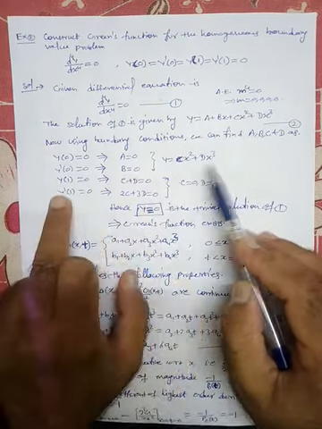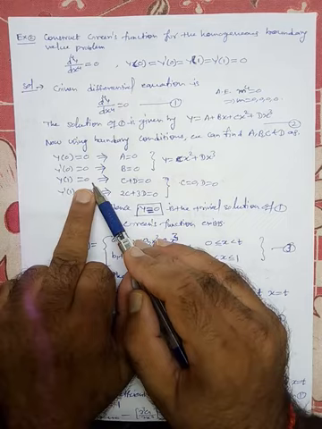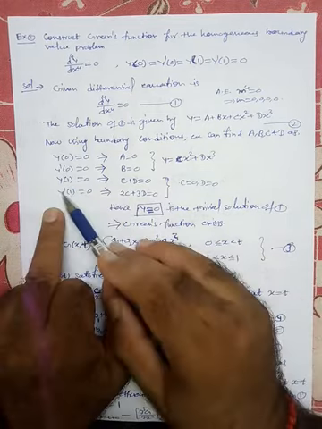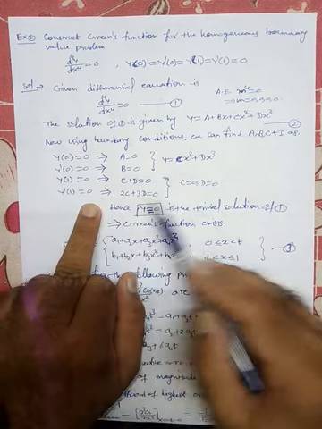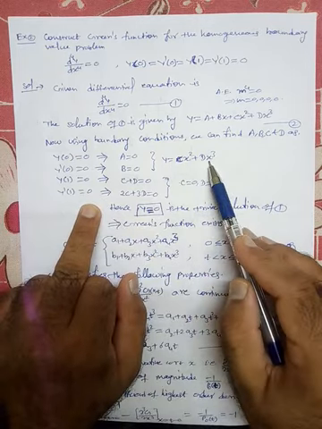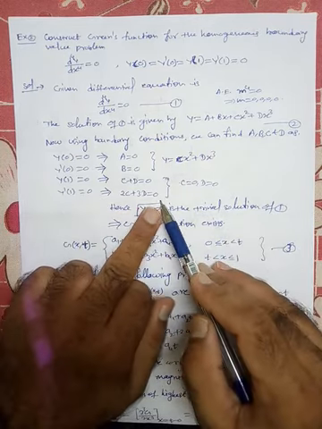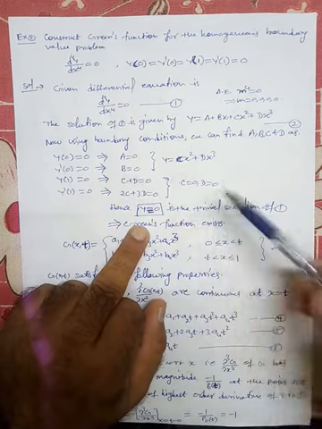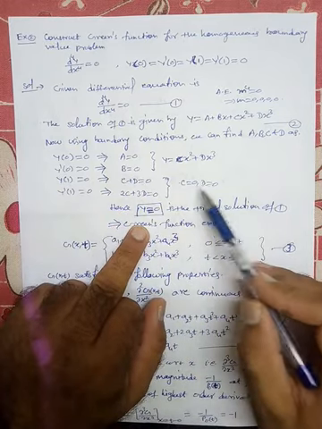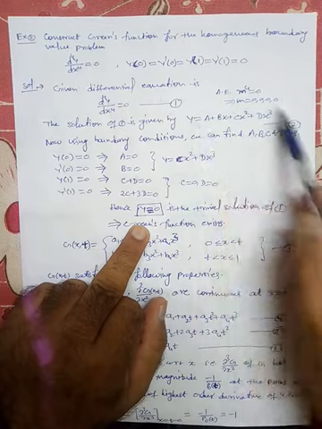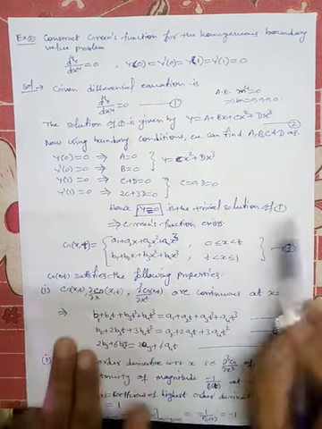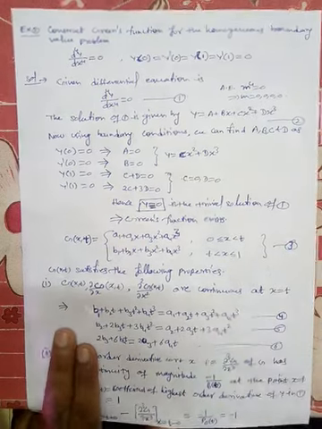Now put y(1) equal to 0 here, so we get c plus d equal to 0. Put y'(1) equal to 0: just differentiate this and put x equal to 1, so we get 2c plus 3d equal to 0. Simplify these two, so c is 0, d is 0. Ultimately, when you put a, b, c, d all zero, we get a trivial solution. So y equal to 0 is the trivial solution of the problem, and hence Green's function exists.